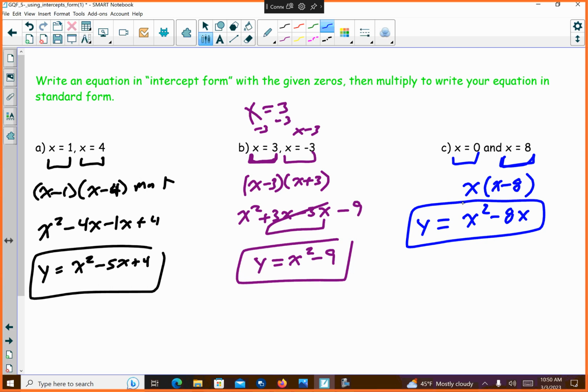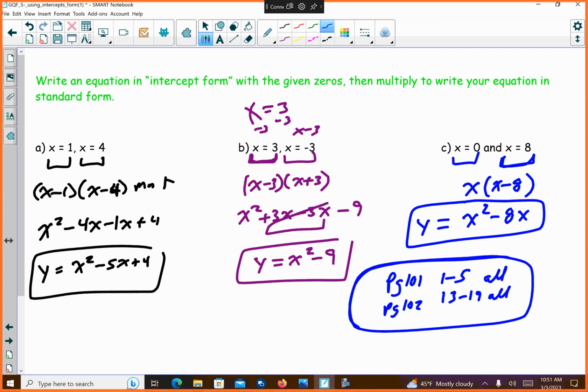Okay? Hey, you guys want a lot of homework tonight? No. Okay, I'll shorten it. So, page 101, we'll do 1 through 5. You're just matching. And then page 102, do 13 through 19 all. So notice I'm skipping 6 through 12. So I shortened it. I'm such a nice guy. Also, remember, quiz on Tuesday. Oh, dude,